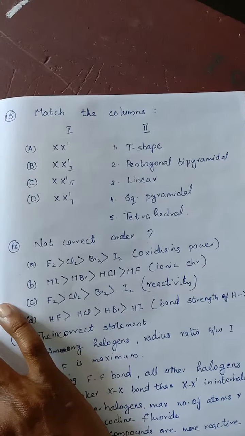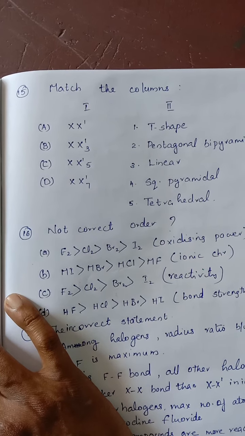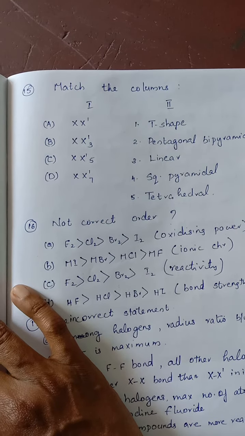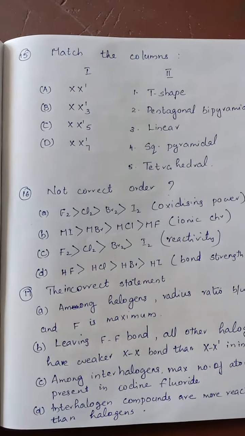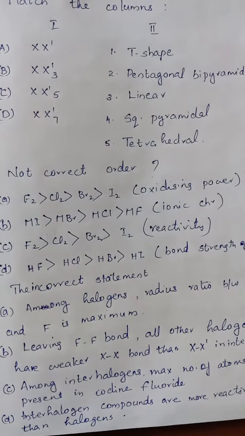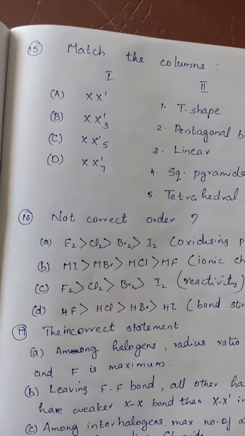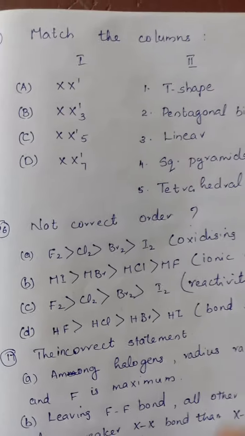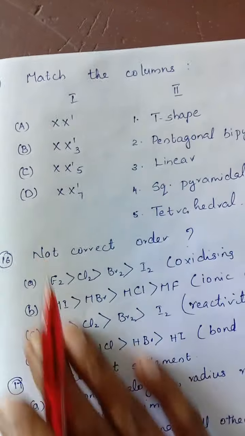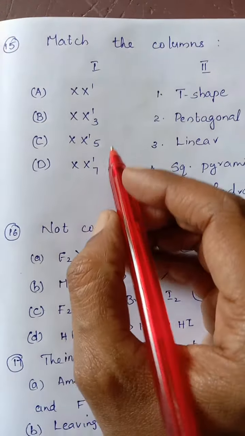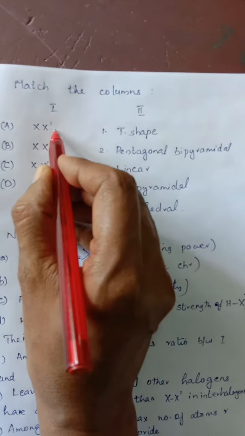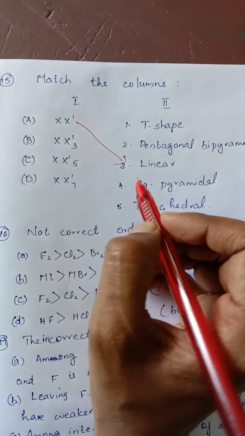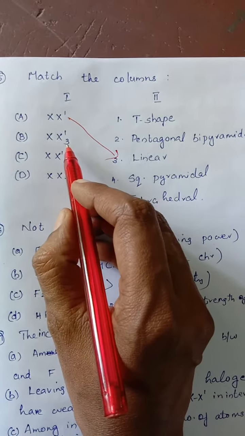Next question, match the following. XX dash. In the halogen compounds, different types are given. In column 2, their shapes are given. XX dash type, 1 bond pair of electrons only. So its geometry is linear geometry. XX dash 3,